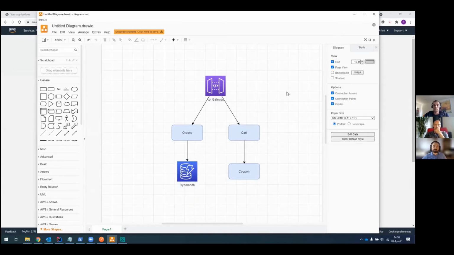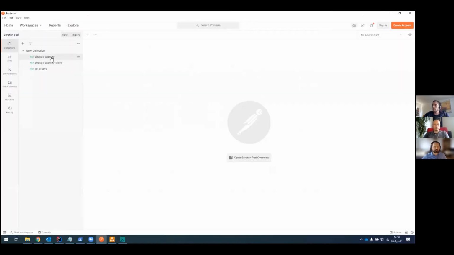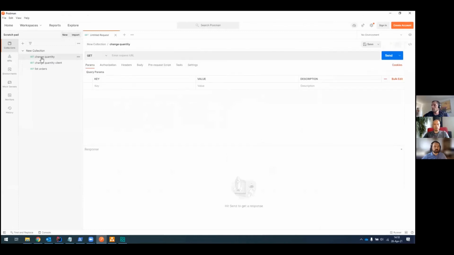Now, to come back to the scenario we're having today, we had this bug where we tried to change the quantity for our cart, right? So assuming that we have a cart with a few items, and we identify our items via an array or a dictionary key, and we just want to change it to a specific value. So this is the only information we see from the ticket. The customer is trying to change the quantity and it's failing, right?